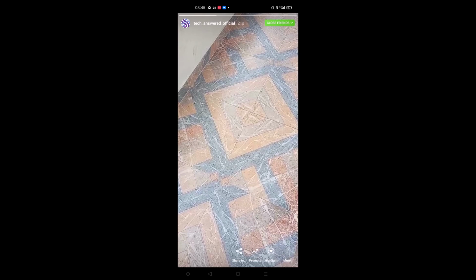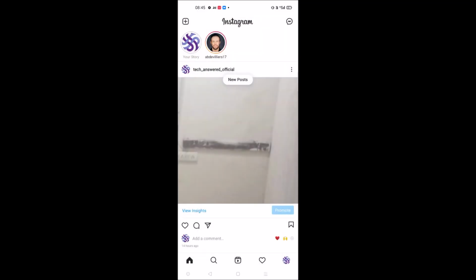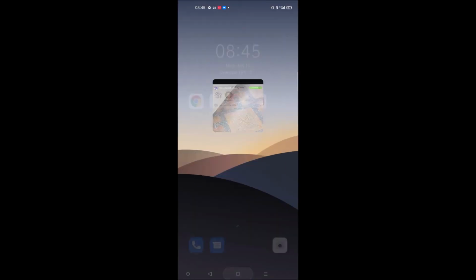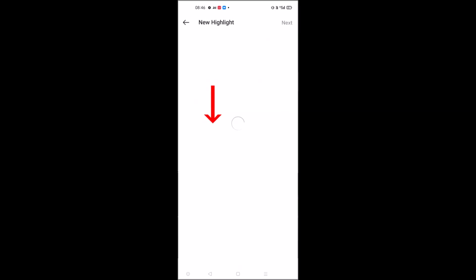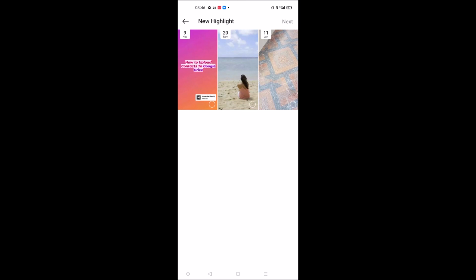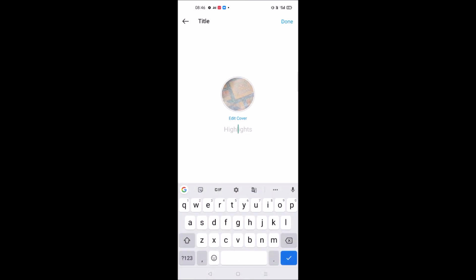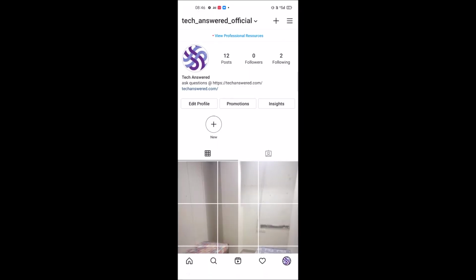If you have an account like a personal account or some business account, you can post to your personal account or to your second account, something like that, and so it is only visible to you. So when you add the highlights, you can just select this and add it to your highlights and make your profile look a bit better. In this way you can limit your story to yourself without adding it publicly.